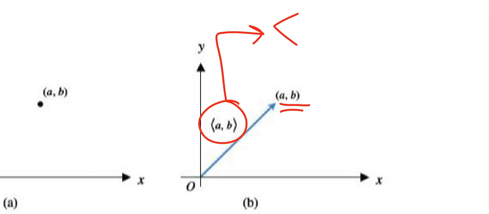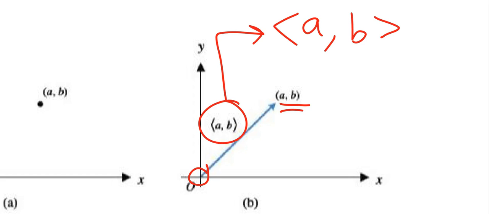Roger. Very old. Okay, now, I want you to notice that the components of this are listed with what looks like less than and greater than signs. So even though the terminal point is listed with parentheses, the component form of a vector is listed with these vectorish looking brackets. Yeah, sideways V. There you go. Nice. Okay, the starting point down here is the origin. The terminal point is at the end of the arrow.